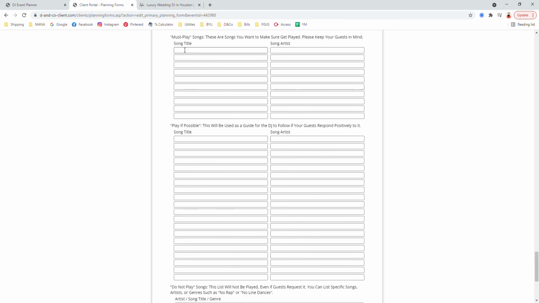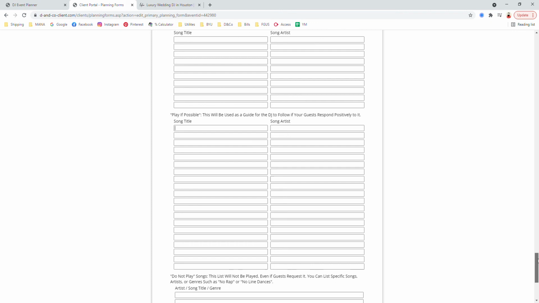This is where you can list out must-play songs. We already looked at the music management tool where you can type in the name of the song and you can actually add it. But if you wanted to bypass that, you could list some out here too as well. We put this in two different places just so that you can think about it as often as you can. And it's always a good idea to come up with new ideas, even if you've already filled out the other music planning section. When you're going through the timeline and you get here, you may think of something new, and then you can just quickly type it in. So must play songs you can put here, play if possible songs you can put in this section here,